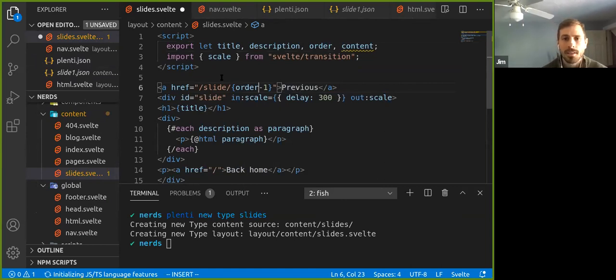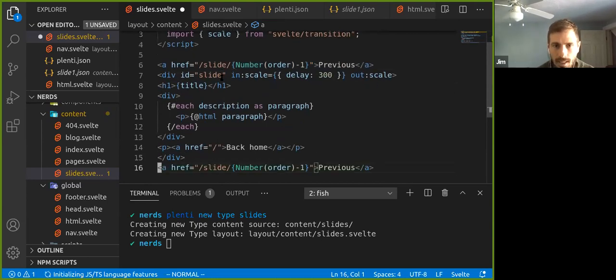Now, one thing you have to do here is that order is a string by default. So when you do concatenation with JavaScript, if I had order value number 1 and I want to add 1 to it, if I add 1 to a string, it's going to make it 11 and not 2. So make sure that you're getting a number representation of that variable. So just wrap it in Number. That'll give us the number value of order. And then we can do an operation like -1 to get the previous. And we can also do something like this to get the next. I'm going to do order +1, and we'll call this next.